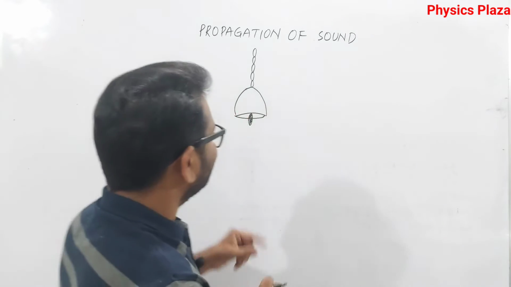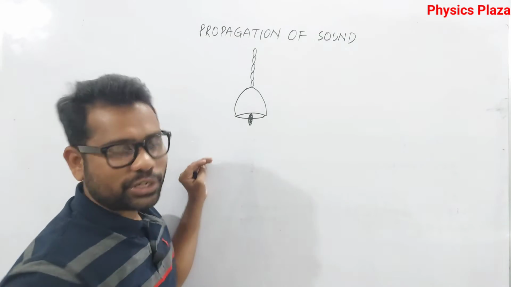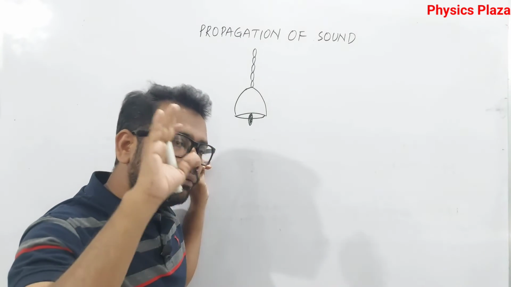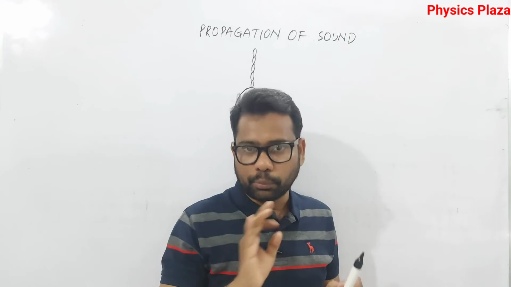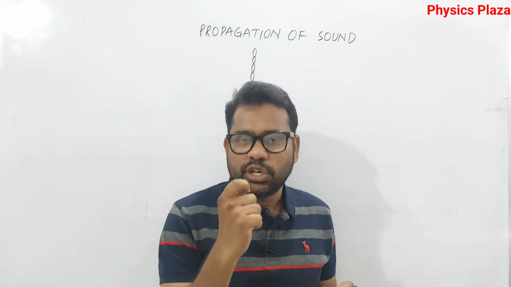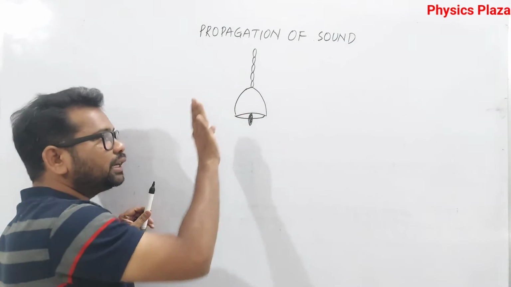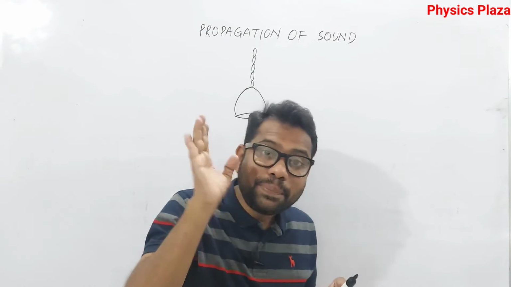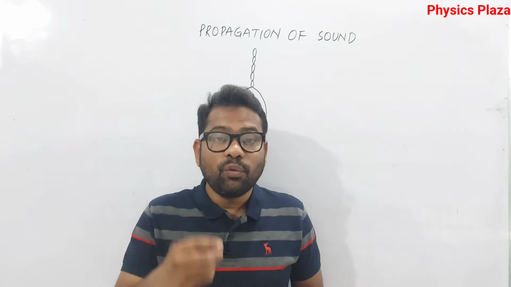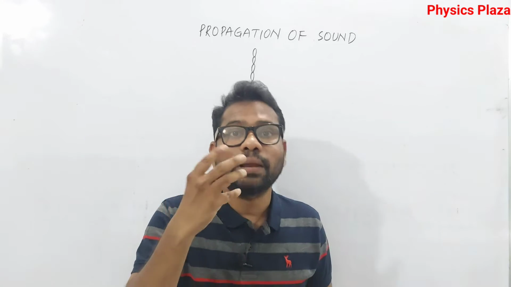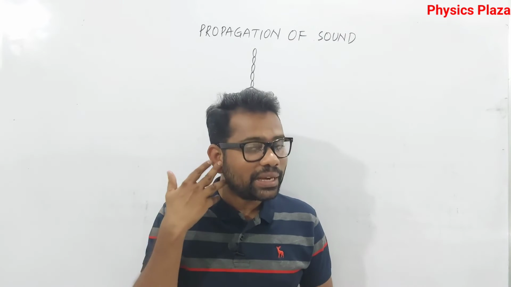Okay, now fine. Let us take here is some bell, children. So the moment a bell is hit, children, what happens? We can hear the sound. No doubt about it. But children, the moment you hit that bell, it starts vibrating. This is what we discussed at the beginning of the session. Vibrating bodies only can produce sound that we can hear, right?